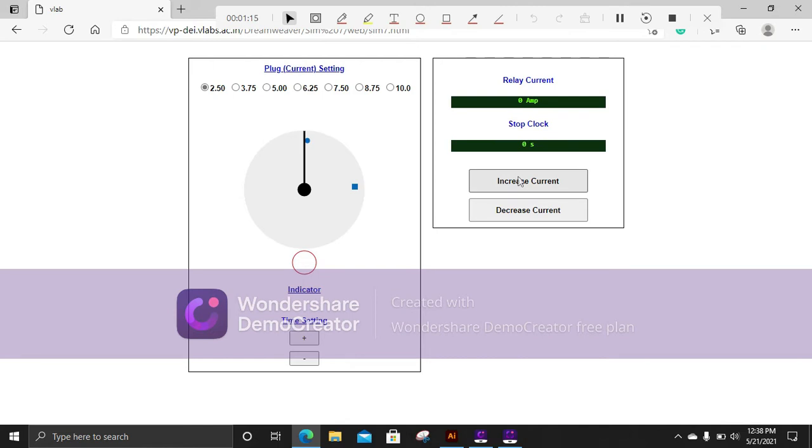So we will now increase the current. Okay, we have taken 5.2 ampere and now the clock is rotating. Now we have to wait till the clock stops. So look here, the clock has stopped and you can see the stop clock value is 34.3 seconds. Here you have noted the plug setting value 2.50, then the relay current 5.2 ampere and